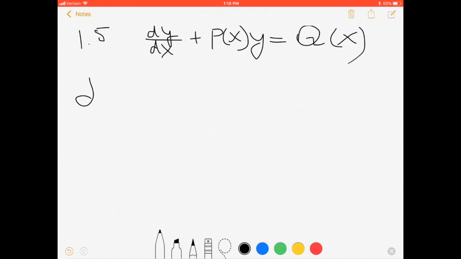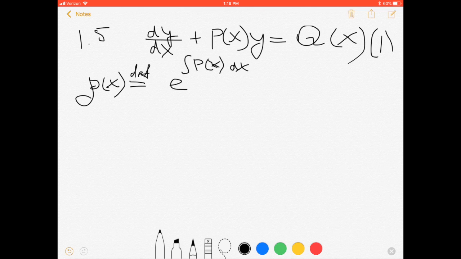Let's define r of x as some function defined like e to the power integral of our function p(x) dx. This is our multiplicator. Multiply our equation number 1 by it. For this multiplicator we have e to the integral p(x) dx